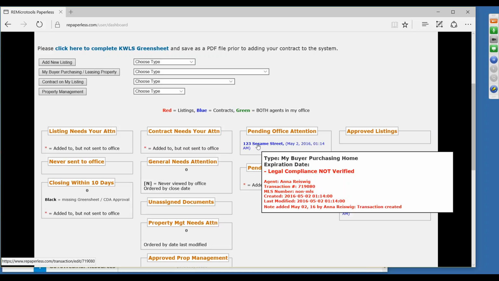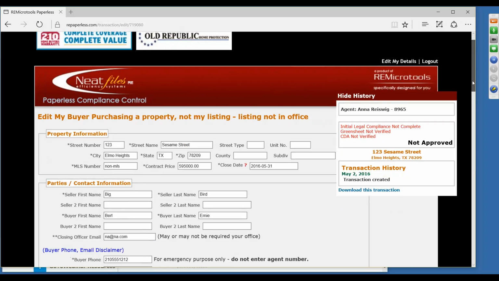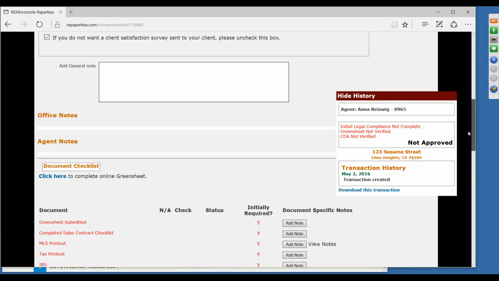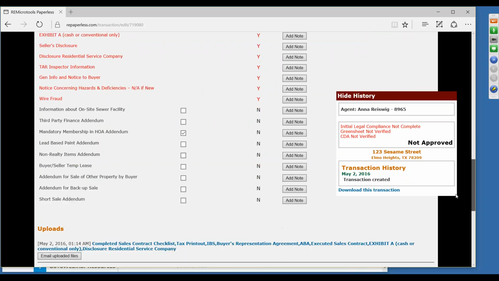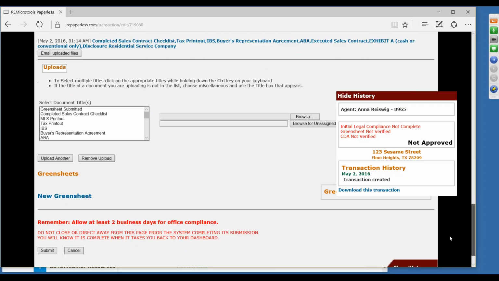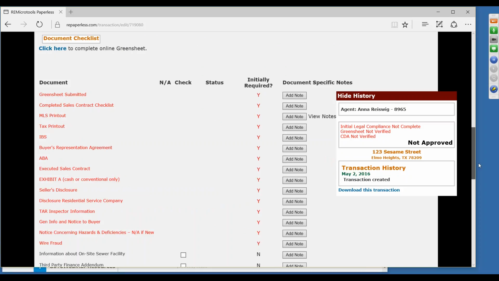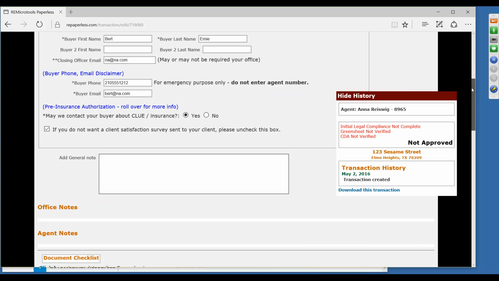If I need to get back into this particular file, all I need to do is click on this link, and it will take me back where I can do some more data entry, make any additions to this list, browse for any additional uploads to connect it, or just to see if there's any notes coming back and forth from the office and me. And that is how to submit a contract on my buyer